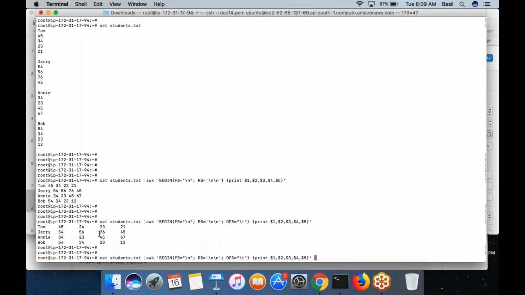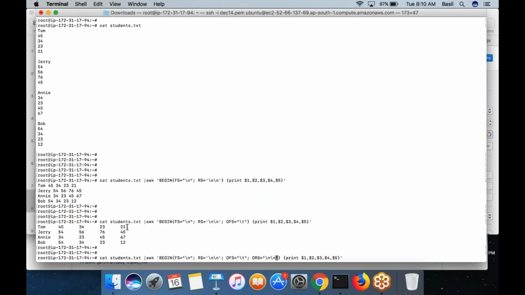Or maybe you can go even further. Let's say you want two lines in the output between records. Output record separator: right now each record is separated by a single line. If you want multiple lines, you can set the output record separator equal to, let's say, \n\n.